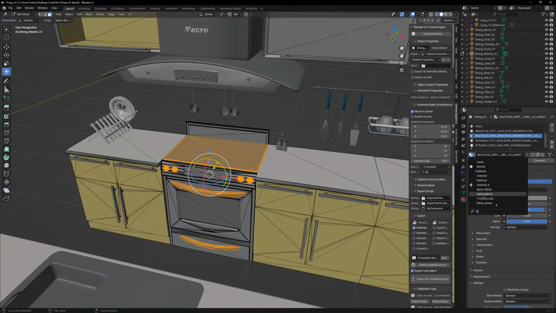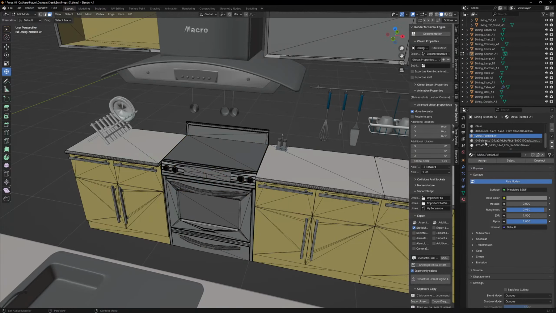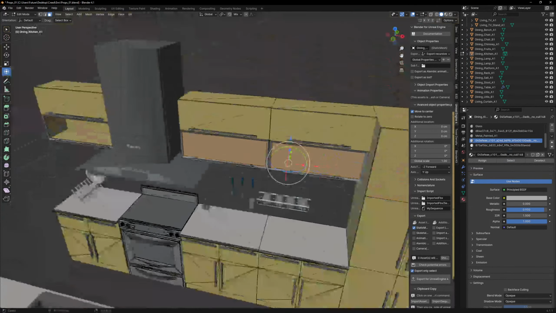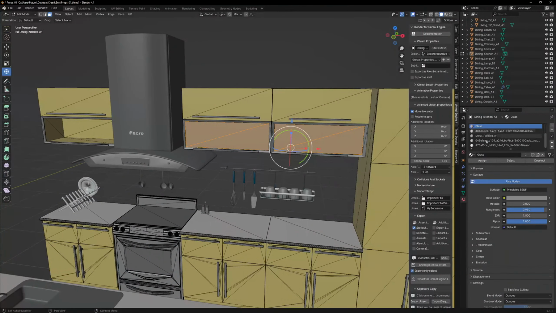You can search metal if we have. So we can give it metal painted A1, because this we already have it, so we know we can use that one. And we select again class,